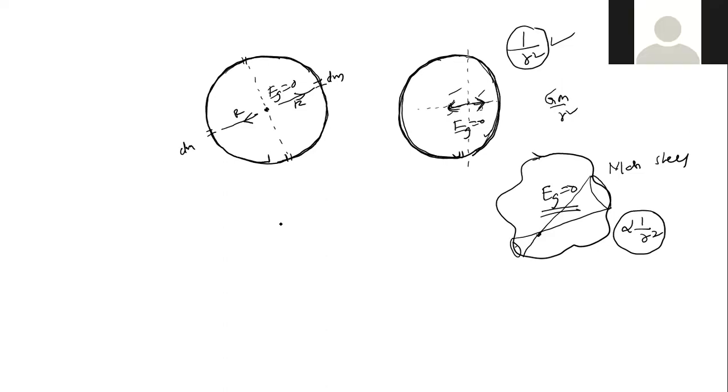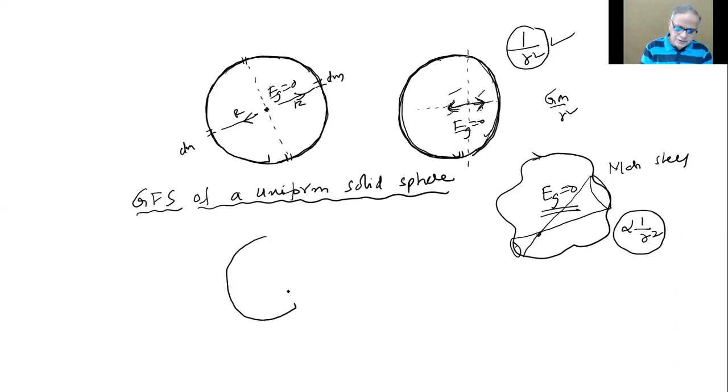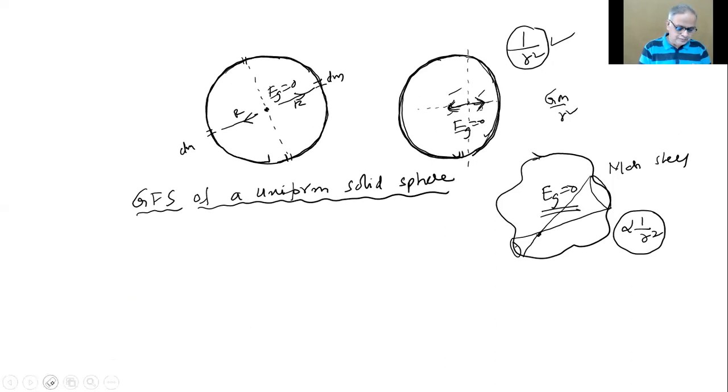All right. Now, gravitational field strength of a uniform solid sphere. Probably Earth, for example. But right now, you do not have to say it is Earth. You can just simply do it. A uniform solid sphere I have. I'll use a space here properly. Put a solid sphere here.